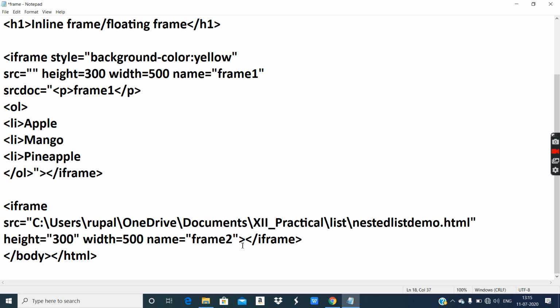But yes, definitely, the align attribute is supported. It's not given in the textbook, but it's supported. Okay. So the attributes of iframe are src, height, width, name, srcdoc, and also align. Yes. And apart from that, yes, I also wanted to say,